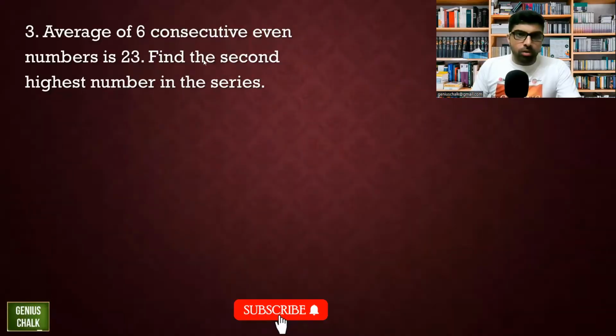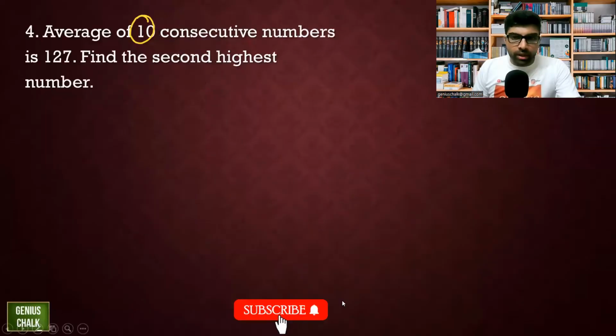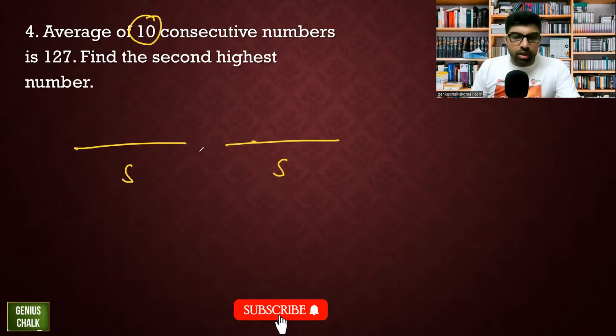Okay, so please make sure when the total number of things are even, then you have to be a little careful. Okay. All right, next one. Average of 10 consecutive numbers. Now read very carefully. 10 consecutive numbers. Now see, there is 10. 10 means 5 this side, 5 this side. What is the average? It is